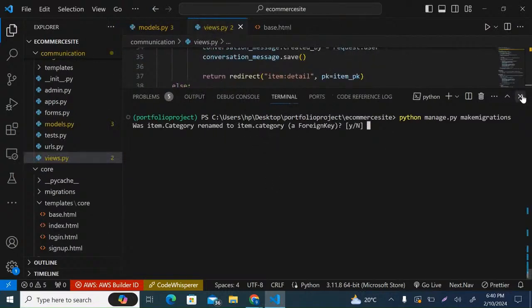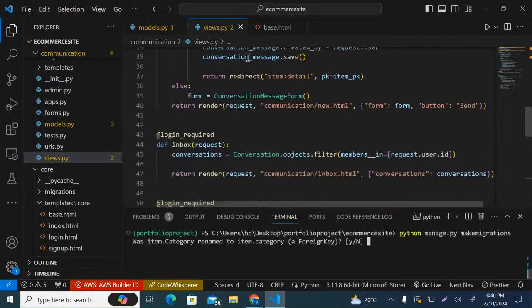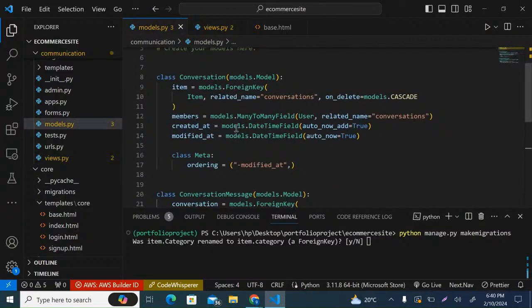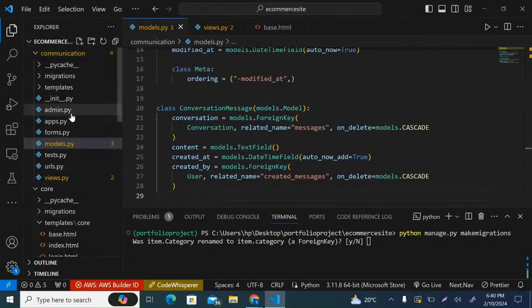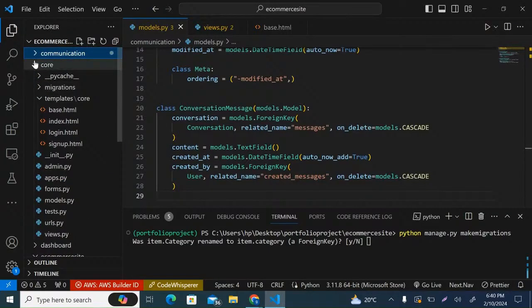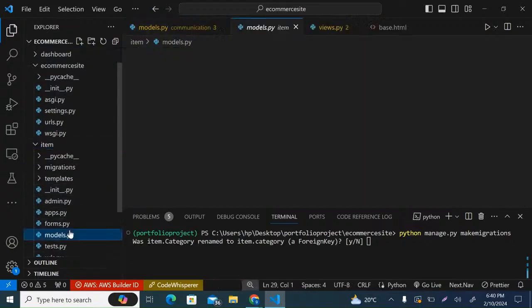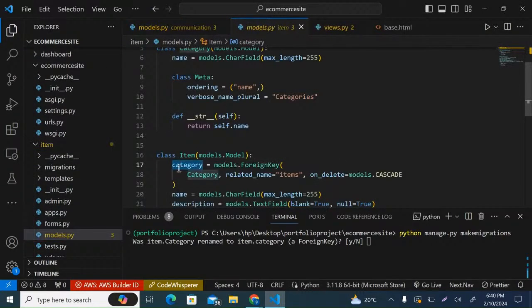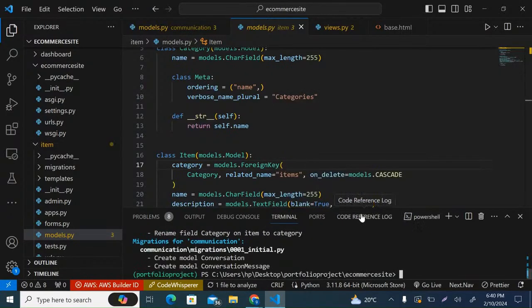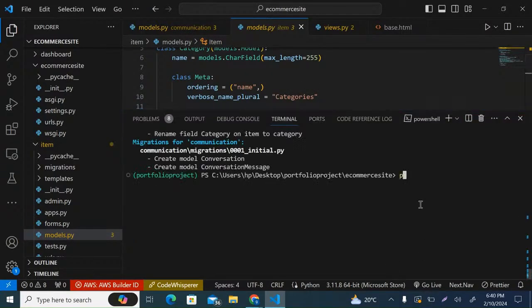So I've just realized what the issue is with this. So you remember in the models for the view, this communication core, while I was writing the code, I made an error here. This was category caps, then it became category lowercase. So was item.category renamed to item.category? Yes. So let's say yes, because I renamed it. Then we can create that, and then